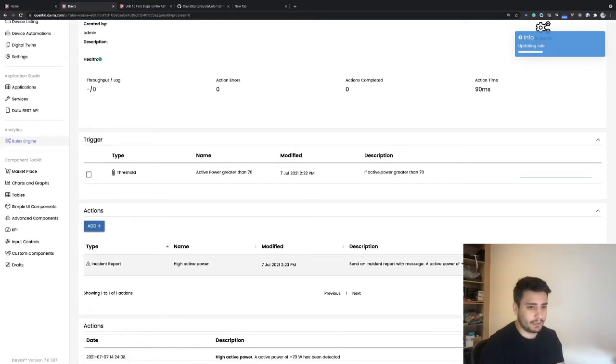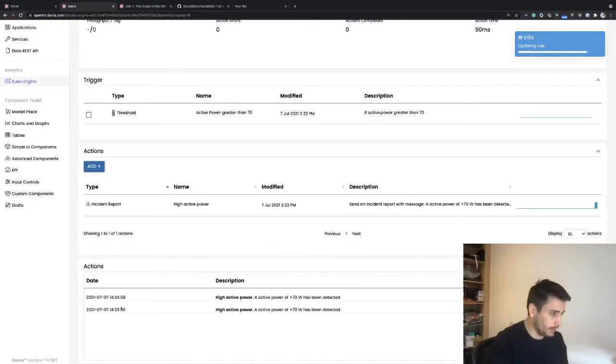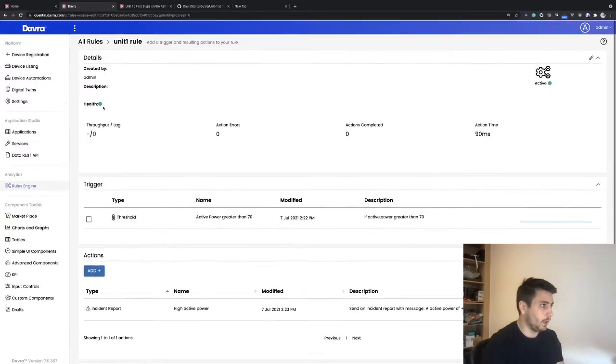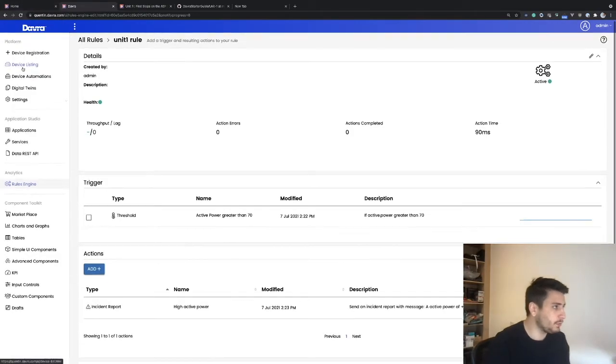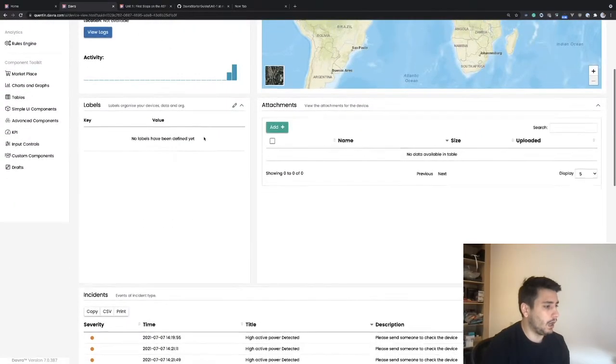As you can see here, it's actually been triggered twice. It was like 50, and so I suppose the data generator triggered it straight up, but like we just triggered it now, it created an incident report for that device. So to make sure the action worked, we can go to device listing, click in here, and